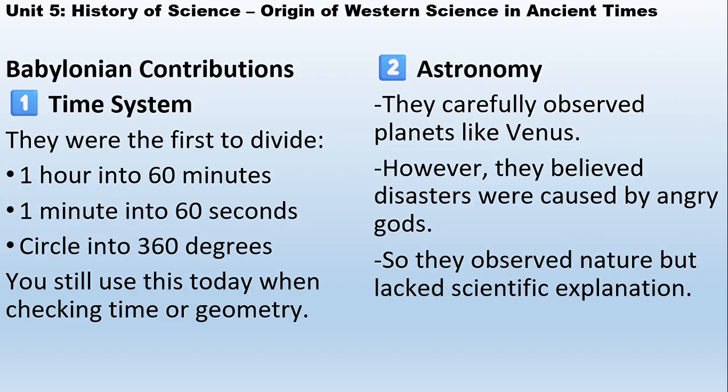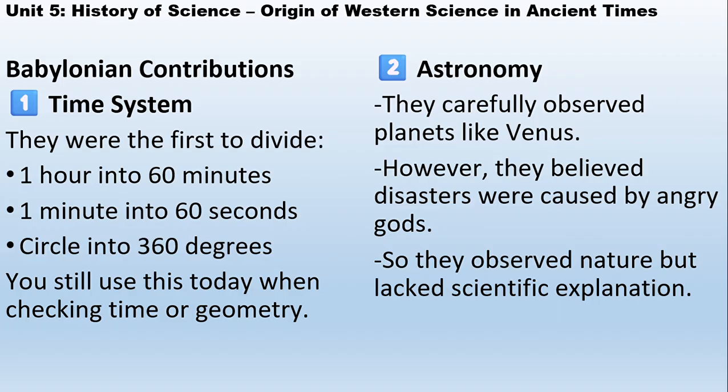Venus is the hottest planet, and it is known for thick sulfuric acid, and also it has an extreme greenhouse effect. So they believe they could actually observe Venus then. I don't know, but they have their own reasons. So that was why they took a clear observation on that planet, and they believed that the disaster was caused